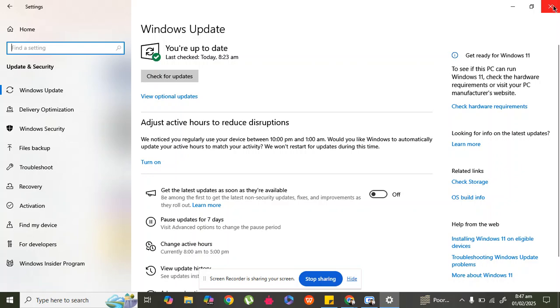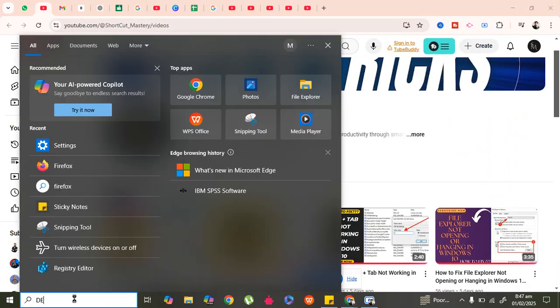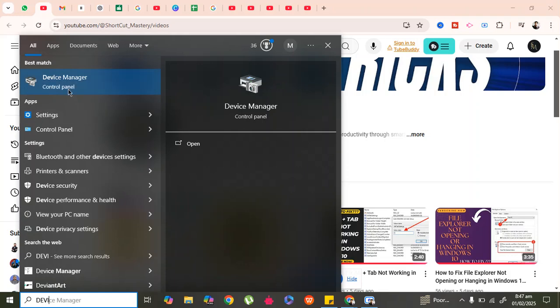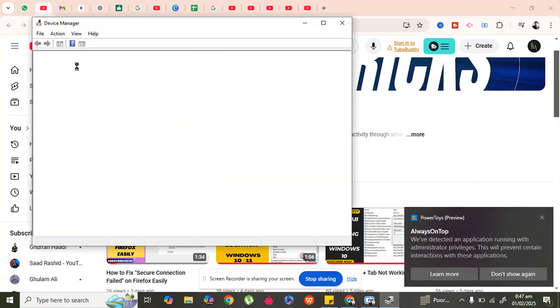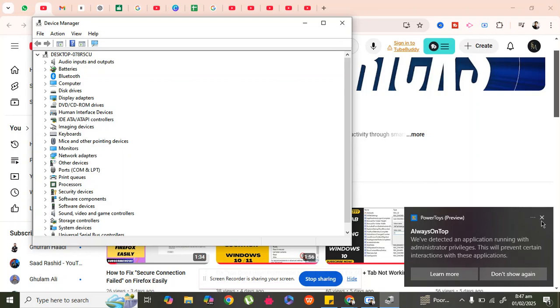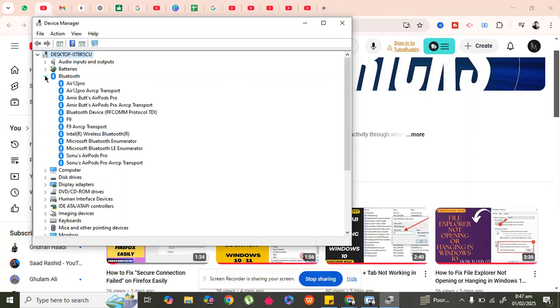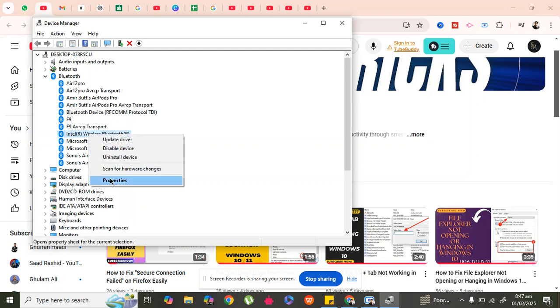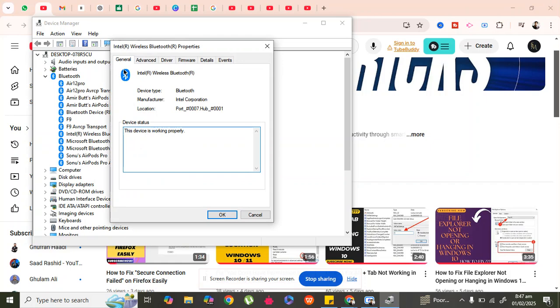And if it doesn't fix, you have to move to the last step, which is basically Device Manager. Type device manager here, and in Device Manager go to the Bluetooth section. Here it is. Drag it down, and in the Bluetooth section find Intel(R) Wireless Bluetooth. Select it, right click on it and go to properties. And in properties you have to go to